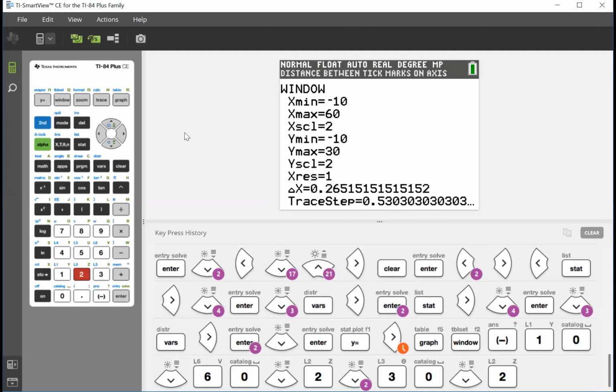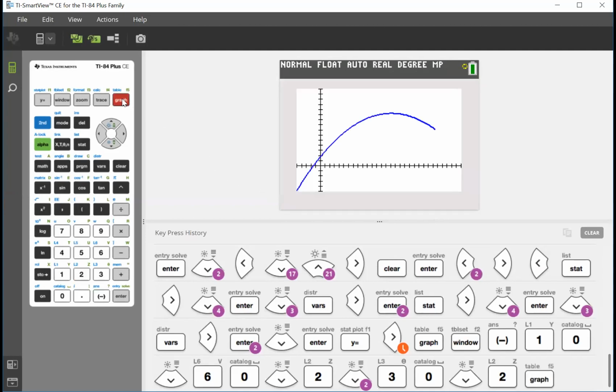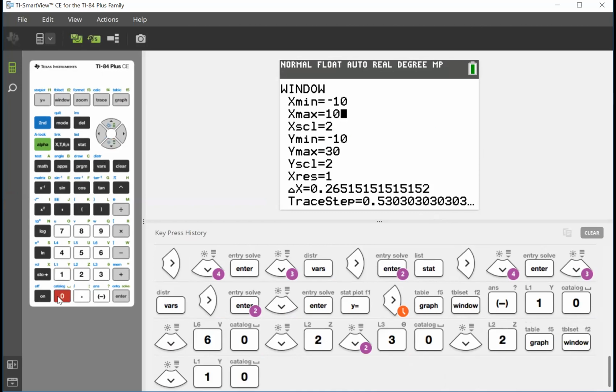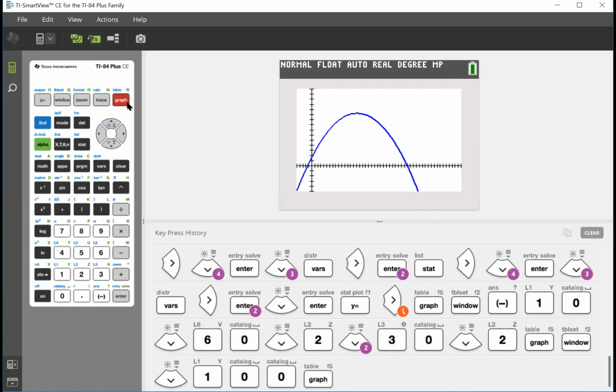Now once I'm back here, let's see if I can go ahead and graph it. That's not a bad graph. Could be a little longer, right? So, okay, here's my window. And I'm making my x value 100. See how that works? A little bit better, right? So that's pretty much it when you're graphing a regression equation for a quadratic model